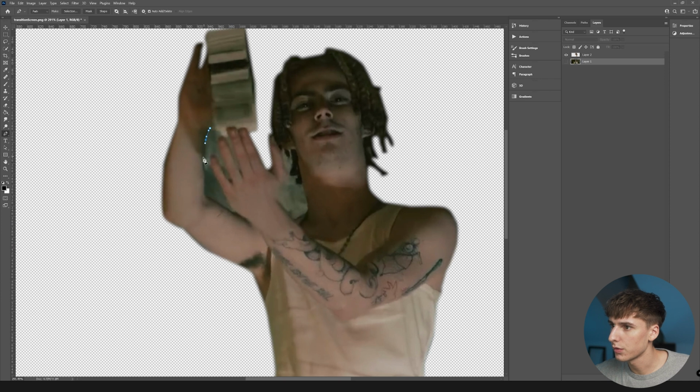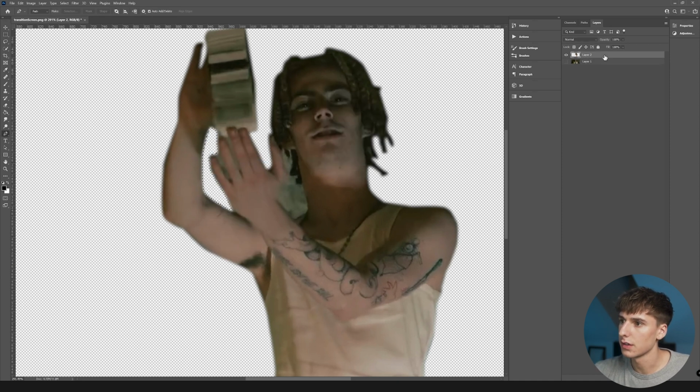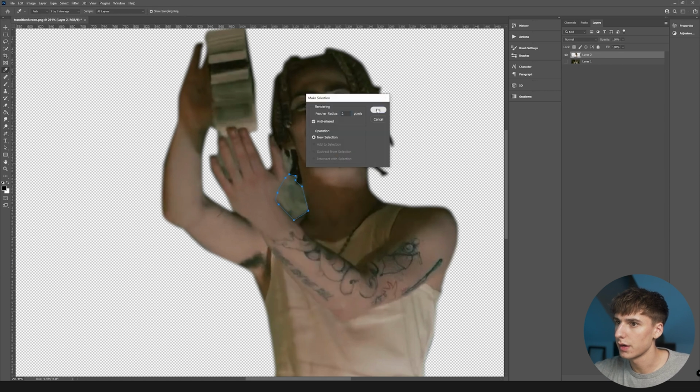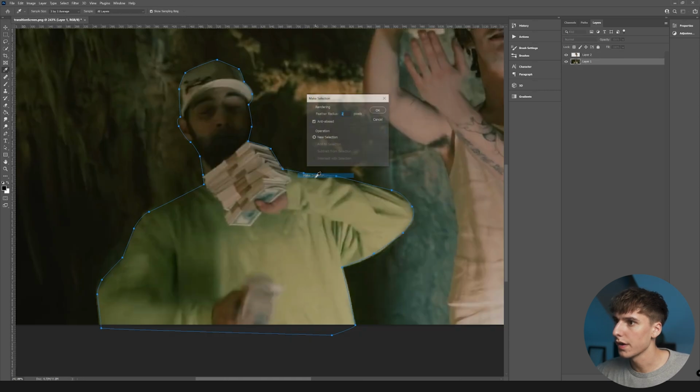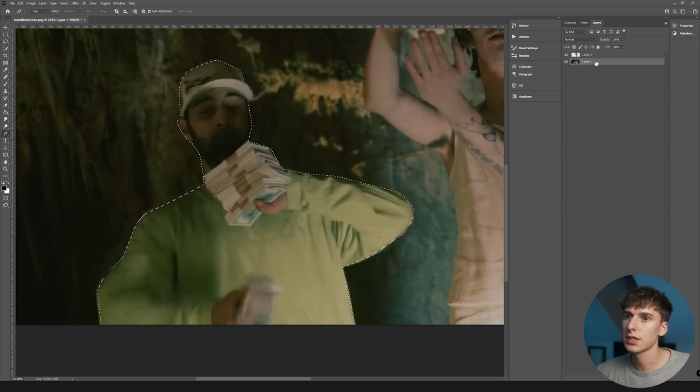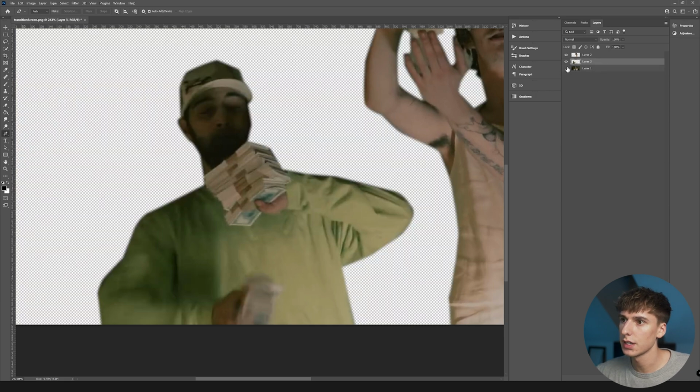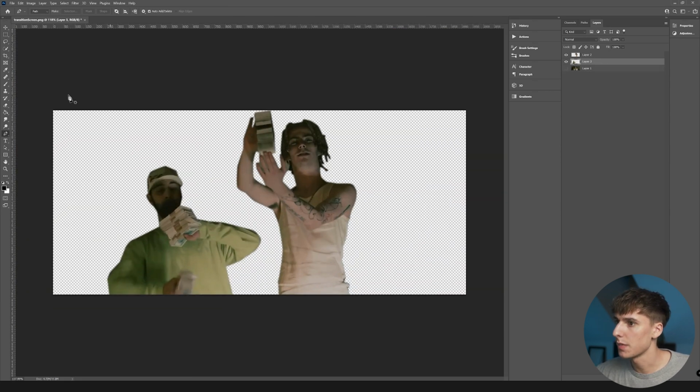And then I'm going to go through and do the inside. If you have something like this, you don't really have to. I just think the little extra effort goes a long way and it looks good. And then I just went ahead and once I made the selection, just click delete on my keyboard to delete the background. And then I'm going to do the same thing for this part right here. And then again, make selection. Make sure you're selected on the background layer and click Control-J. And there we go. We have the 2 subjects masked out.